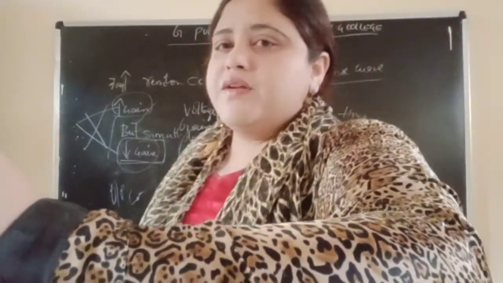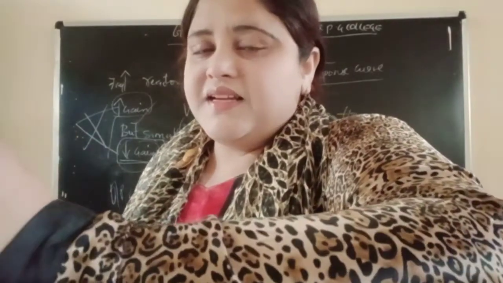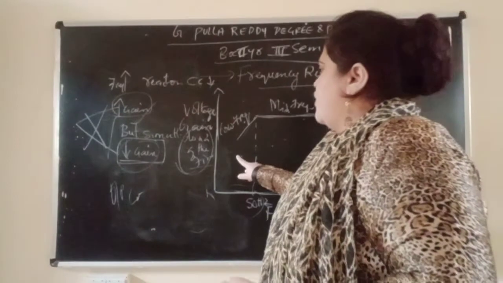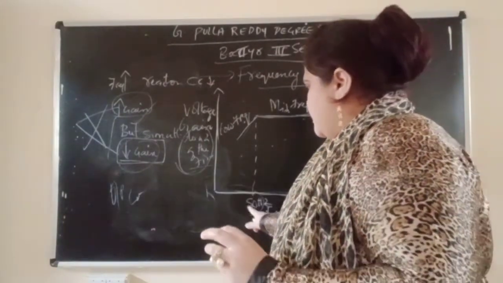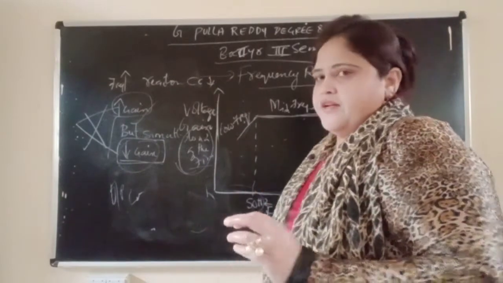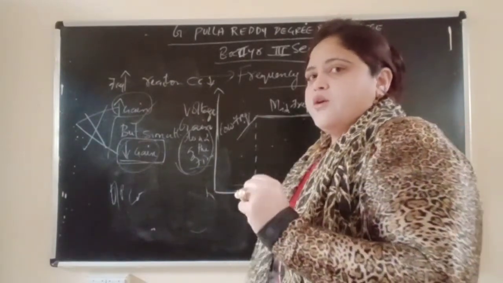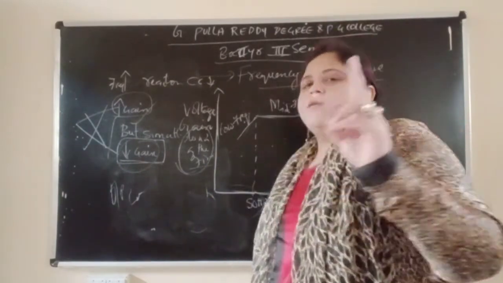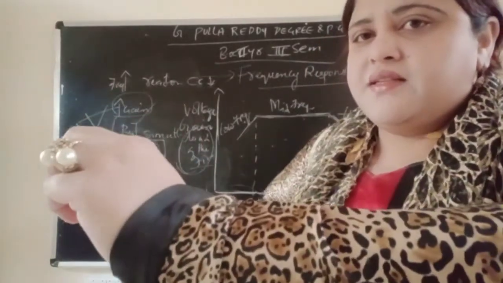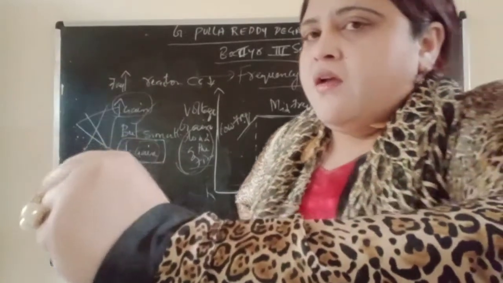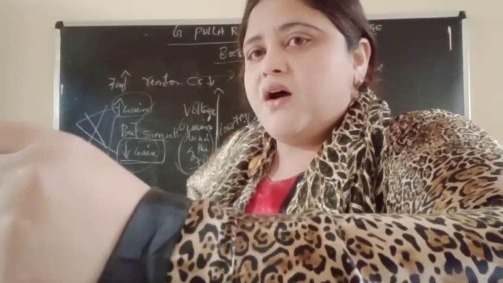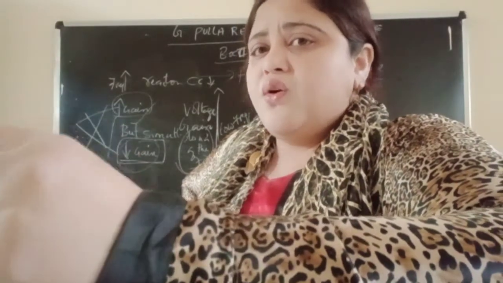Now in low frequency, what is happening? Gain is decreasing, that means falling down, as the frequencies are getting decreased. Why? Because of two elements in the circuit: the coupling capacitor C and the emitter bypass capacitor C. Now at mid frequency also the same thing is happening, but the gain is remaining constant.